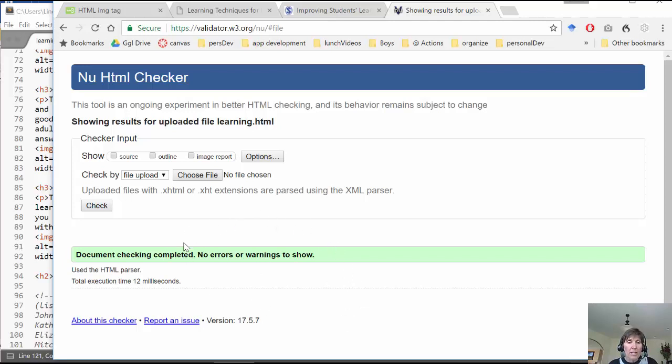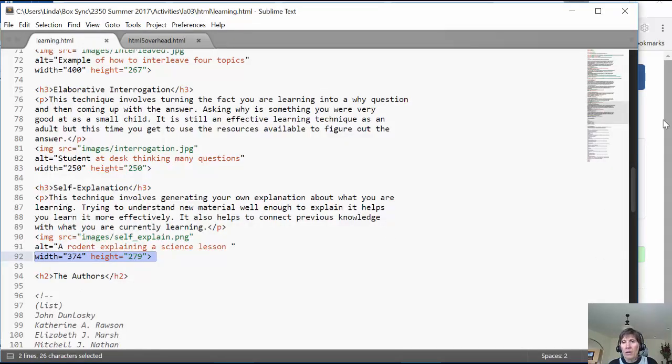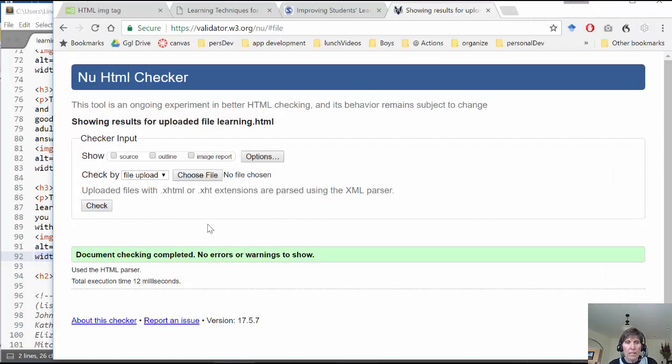And here it says document checking completed, no errors or warnings to show. That's what you want. If you do have an error here, then you'll want to correct it in your editor, save it, and then revalidate, and keep revalidating until you get no errors or no